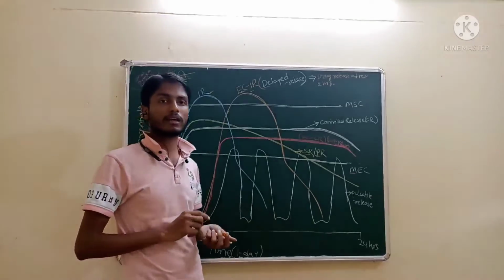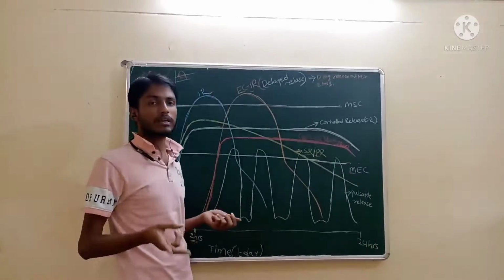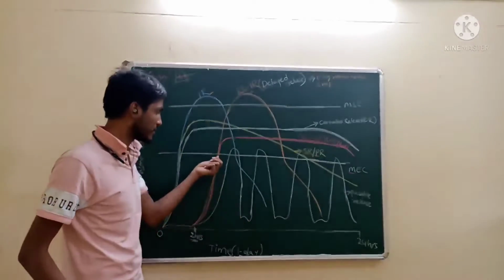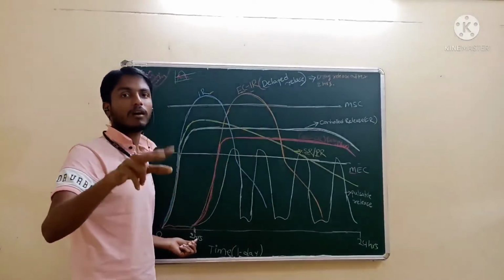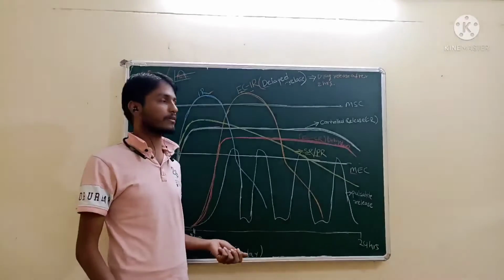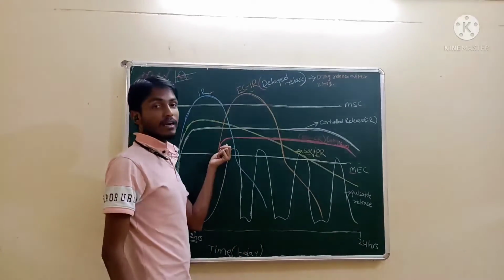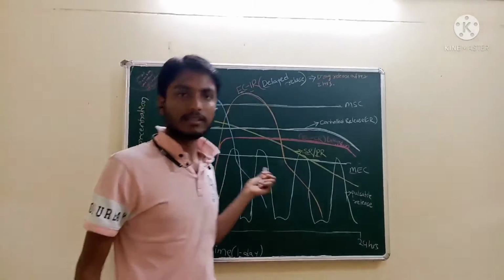Then enteric coated controlled release. Enteric coated means the drug will release after 2 hours. Enteric coated immediate release means the drug will release after 2 hours. Enteric coated controlled release means the drug will release after 2 hours only. But the concentration, see, this is here, the onset of action is